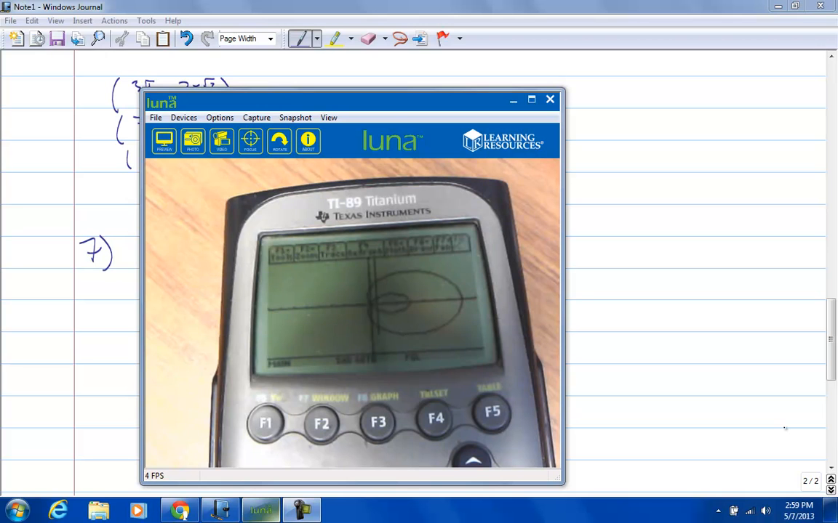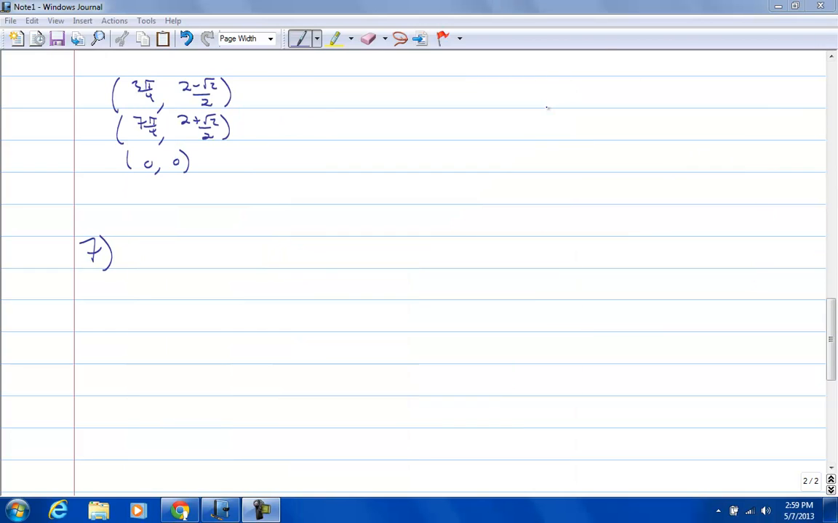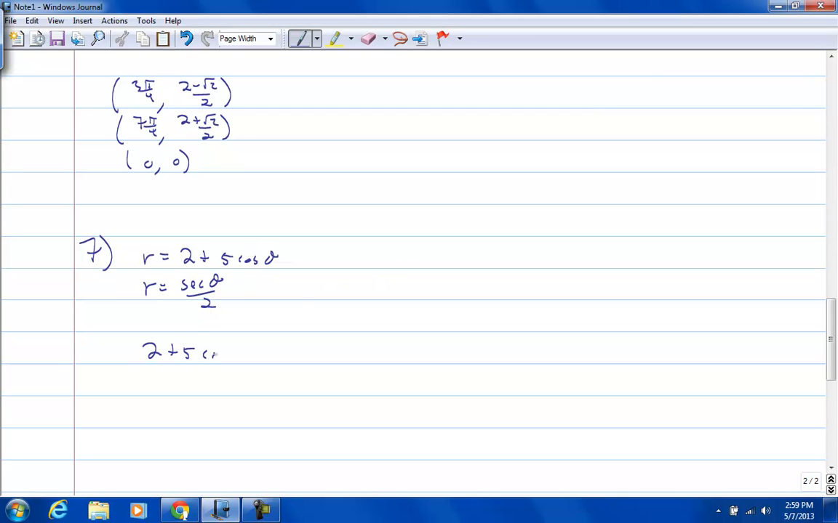Okay, so now it asks us also to approximate the points of intersection of the graph, confirm your results analytically. And so I'll do this analytically now. So let me close off this graphing program. Okay, so we have r equals 2 plus 5 cosine theta, and r equals secant theta over 2. So we're going to set these equal to each other, and 2 plus 5 cosine theta equals secant of theta over 2. So I'll multiply both sides by 2,